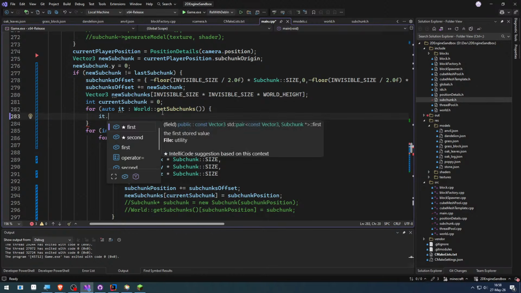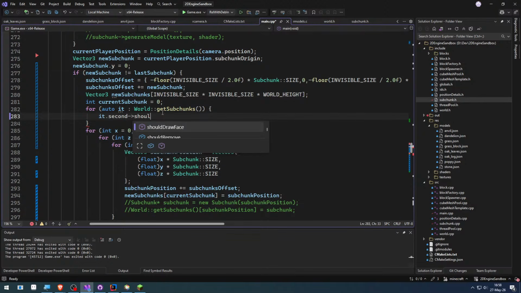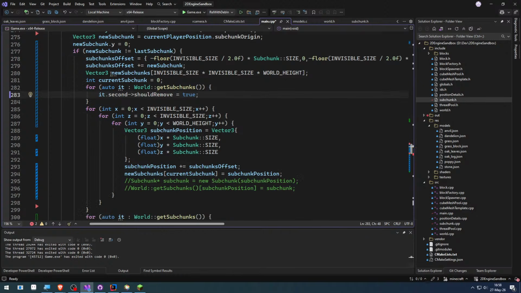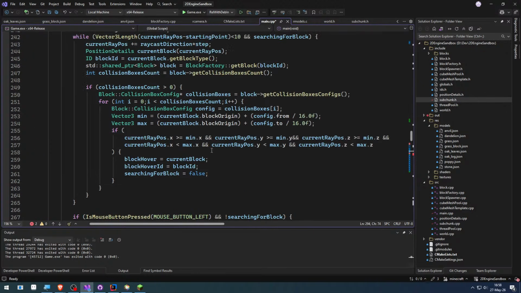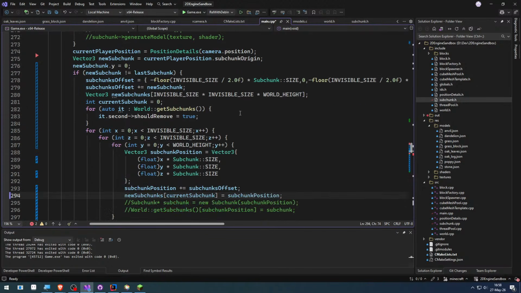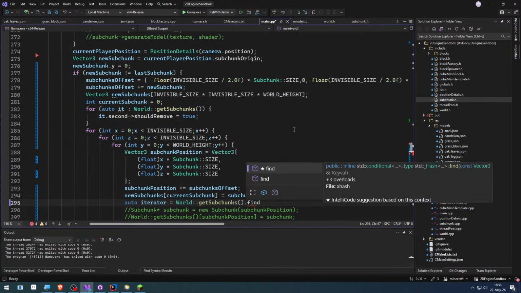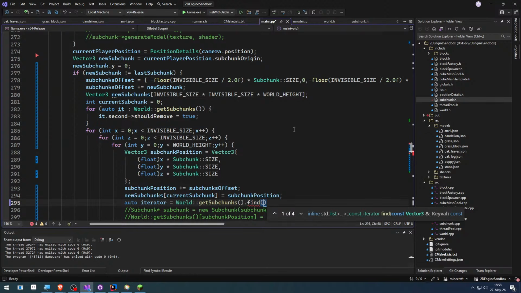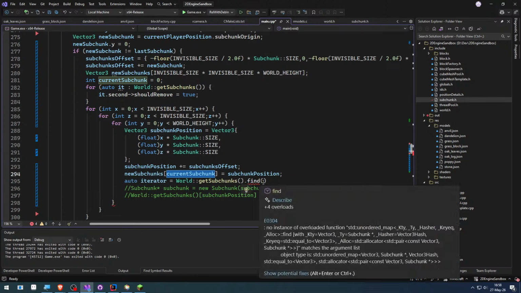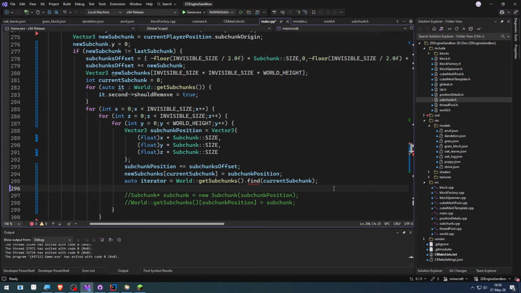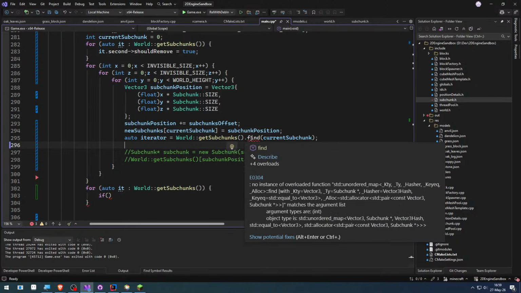Iterator second shouldRemove is true, and here if I have access to it, so auto iterator equals, let's find it, the position, and if we can find it in the current world,